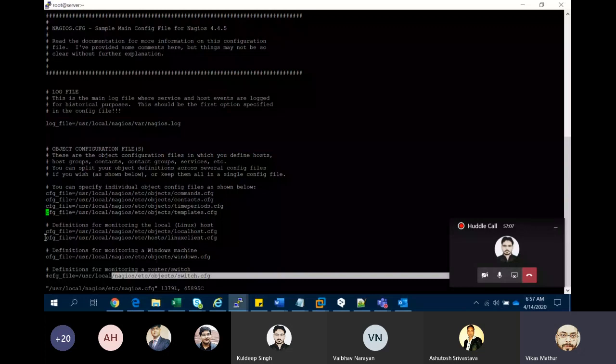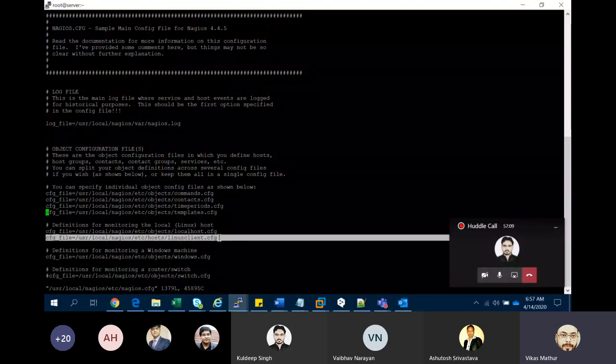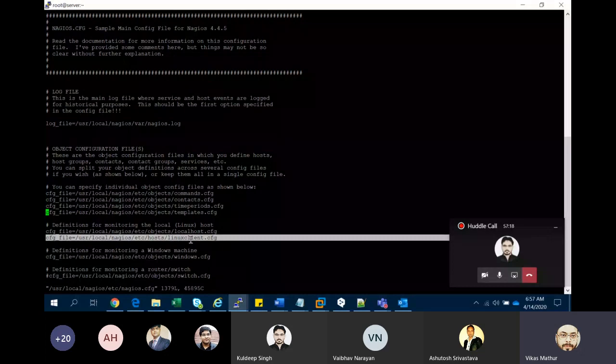So I just pasted and added this particular line over here. Sometimes if you want to change anything over there, this is the change. You need to do two things. One is uncomment. The second thing is to change this particular path to where you placed your Linux client configuration file.